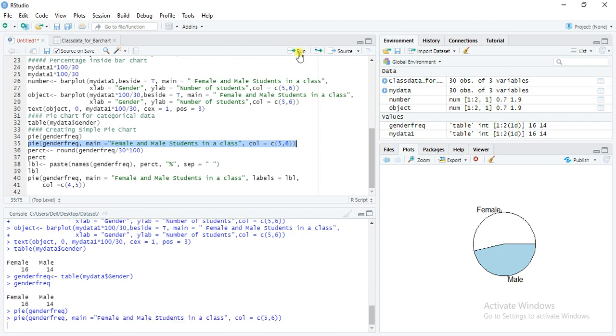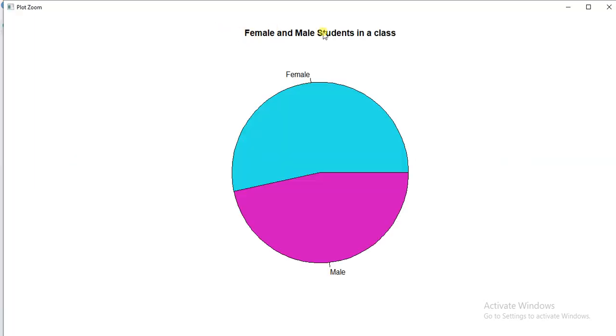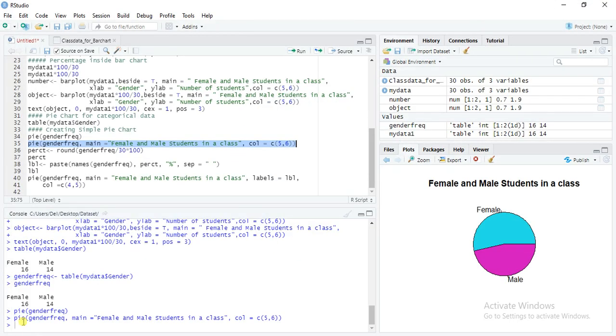So I will run here. We can give the color scheme as well as the title of this graph, female and male students in a class. So it is very easy. We will write pie, this is our data, gender frequency, main title of the graph, and color scheme 56.